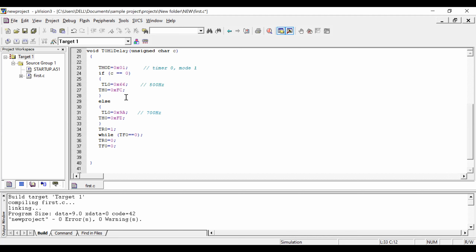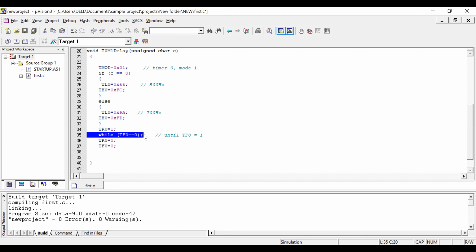Right. So once you set TMOD, place the value, start the timer. Timer 0 is started. Check for the flag. Until TF0 is equal to 1, this particular instruction will be true.